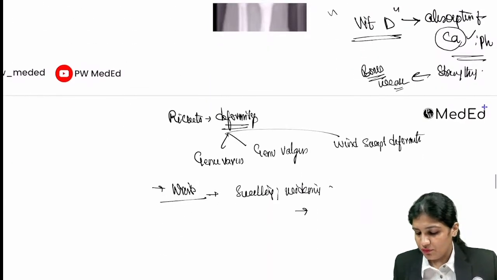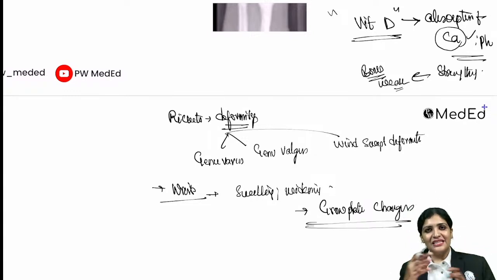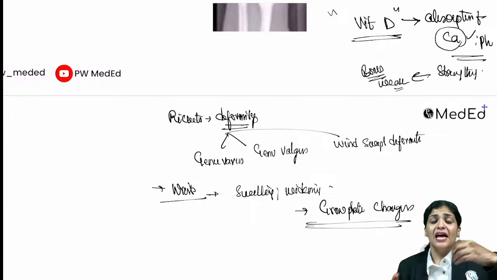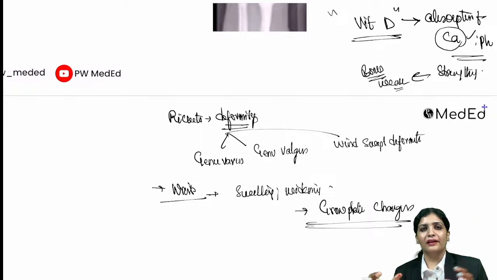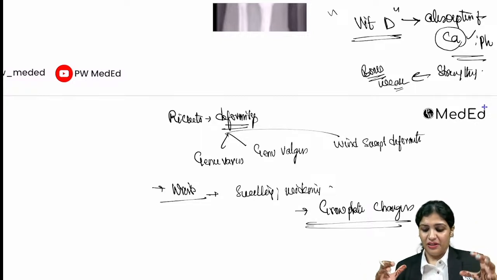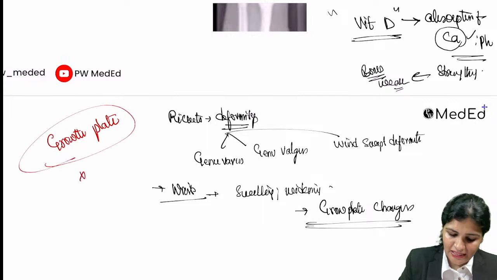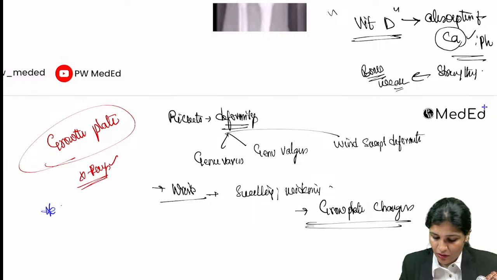All this because of the growth plate changes. Now your osteoblast will form the cells, and now these osteoblasts are calcified with calcium and phosphorus. That is how bone is formed, right? The osteogenesis. And now because of the increase in the cells and a decrease in the mineralization, there will be widening of the spaces, widening of the growth plates. So here classically you see all the pathology which is occurring around the growth plate. So you take the x-ray which is showing the growth plate, and you can see various signs, that is your cupping,